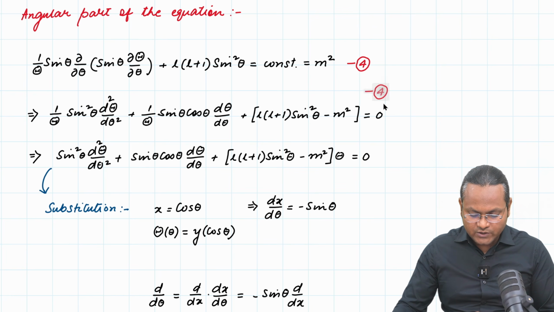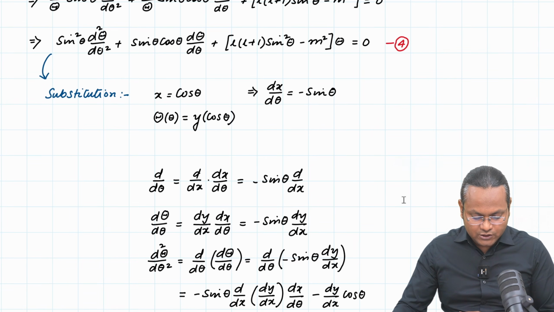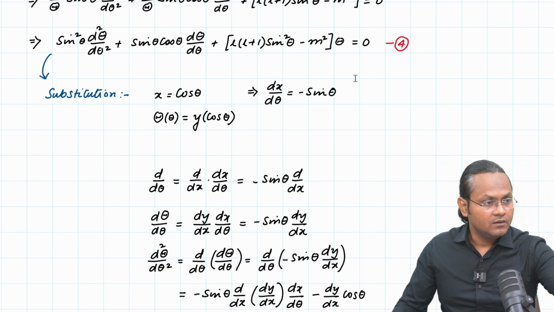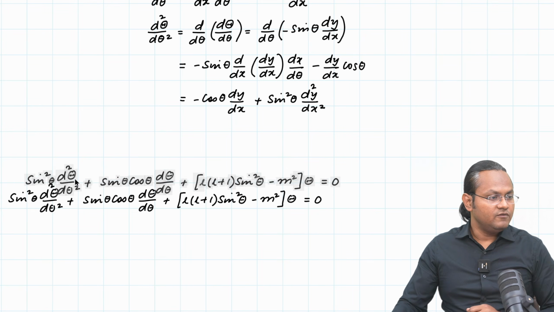So I'll consider this to be equation number 4 only, because it's after all just a mere change from the original equation number 4. So if I substitute these values in equation number 4, then what do I get? Let me just copy this and I can make the necessary substitutions here. So from equation number 4, we have,